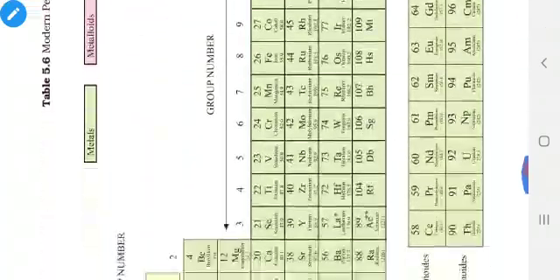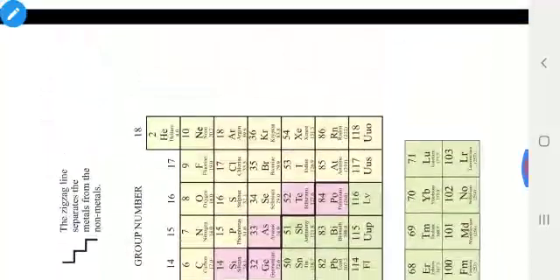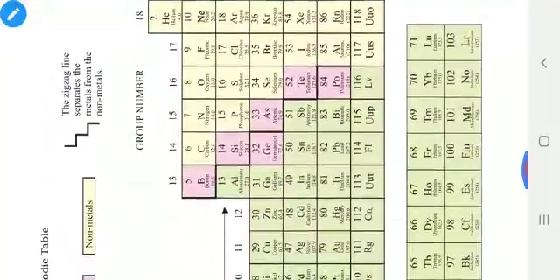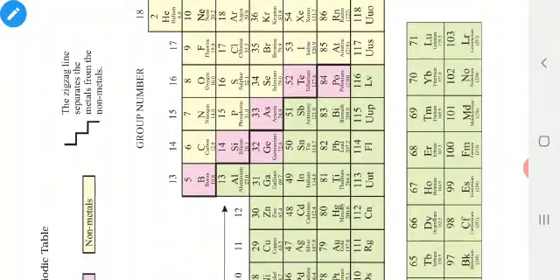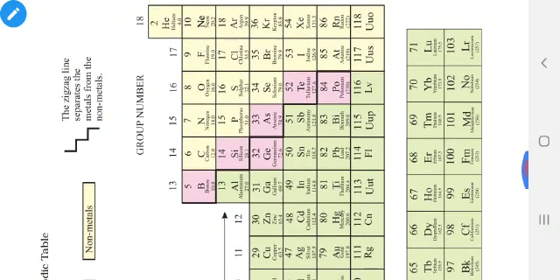See, they are arranged orderly, isn't it? So this is the periodic table we are using now. For this invention, they have made several attempts. It took more than a century. That is, it has taken 100 years to arrange the elements. So this we are going to see in this class.